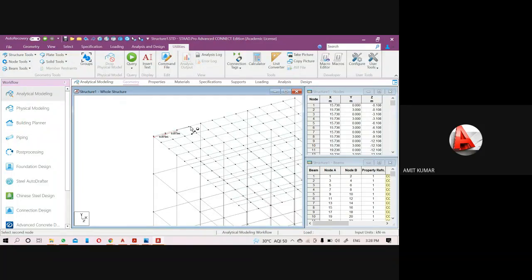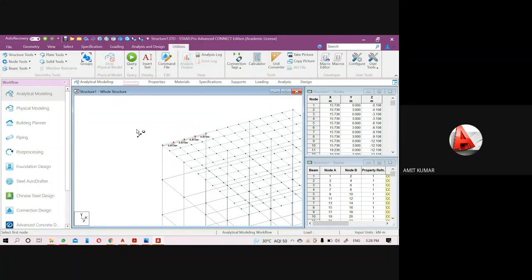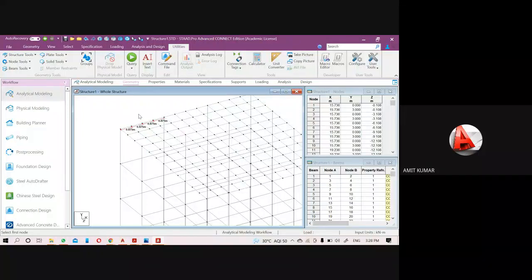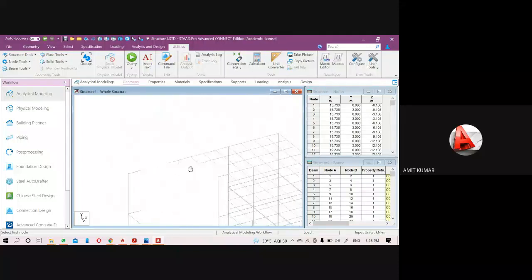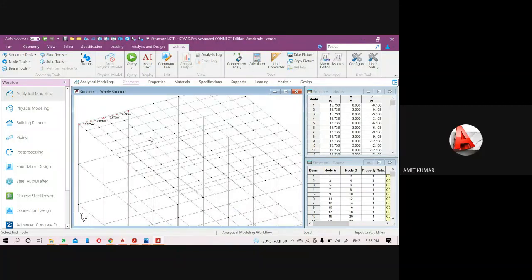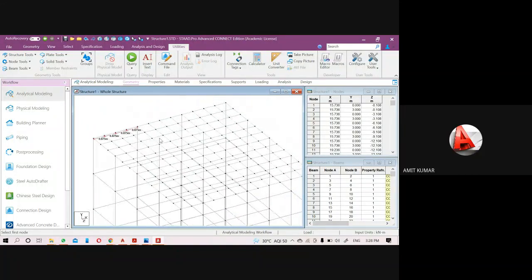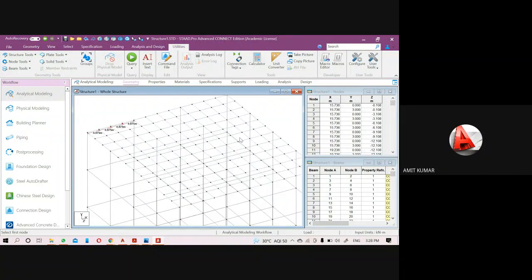Just remember one thing, whenever you use the meshing option, please divide it into values of less than 1 meter, because it will create more nodes. Then the software will be able to calculate the plate stress very properly.